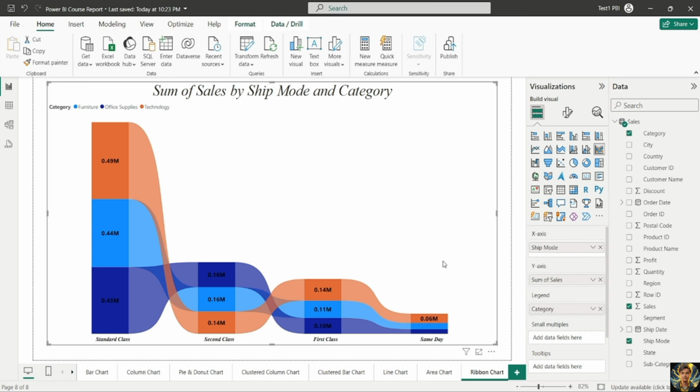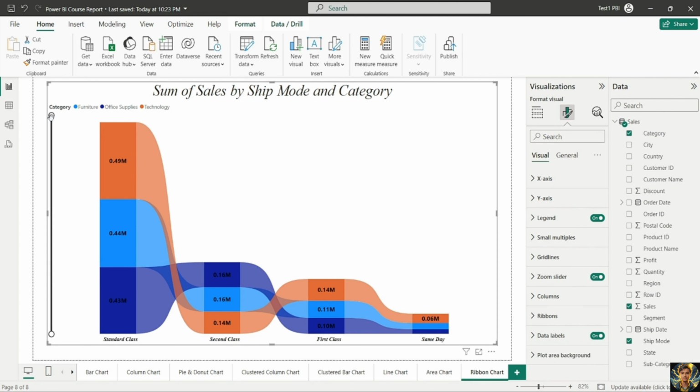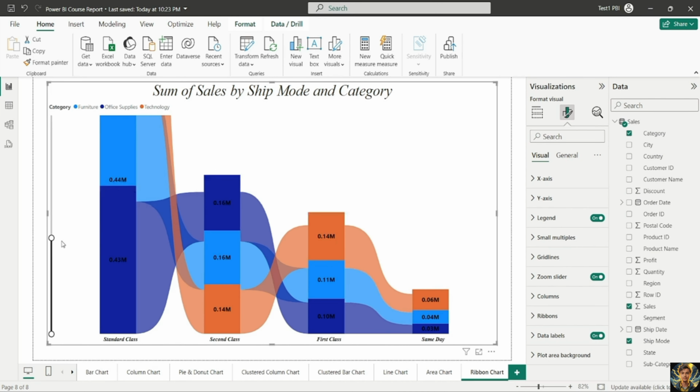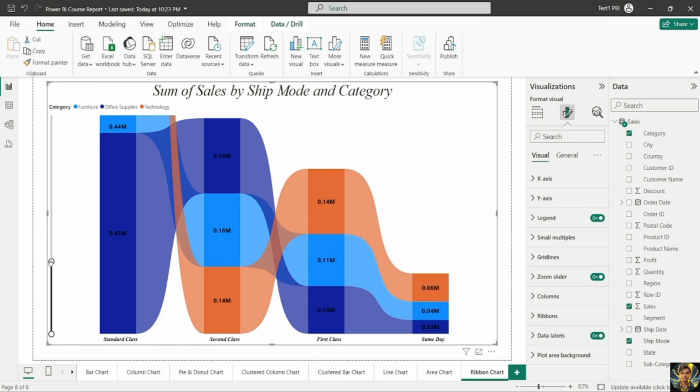So how can we achieve that? Having this ribbon chart selected, I will simply click here on Format your visual. And then from this zoom slider, I will simply change it to on. Now, if I further use the zoom slider to zoom this chart, you can see that these values are now visible, right? So you can provide a zoom slider in your chart according to your convenience,